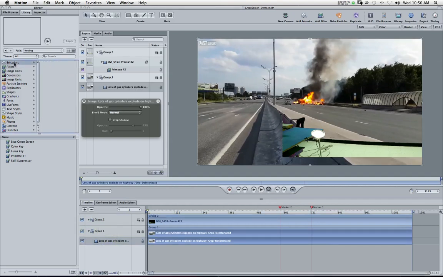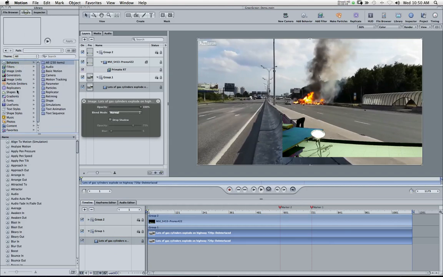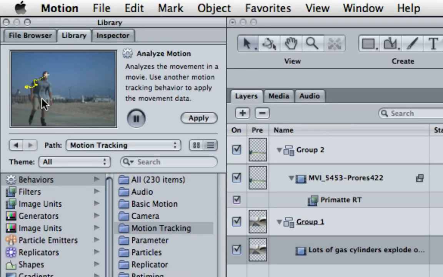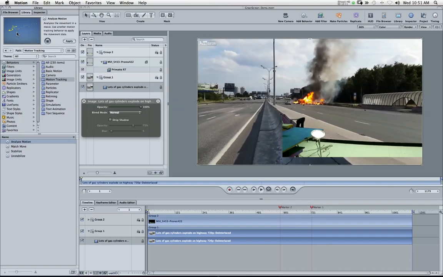You're going to go to your behaviors up in the library. So you click Library, Behaviors, and then you go to Motion Tracking. There is a filter here that says Analyze Motion. And you see a little preview of it, which is kind of cool. It shows you a good preview of what's happening, so that you could do something, replace the guy's head, whatever. Okay, and we can do that. Here we're trying to analyze the motion so that we can basically transpose the motion to her layer 2. So we're going to drag this analyzed motion down onto the video clip,